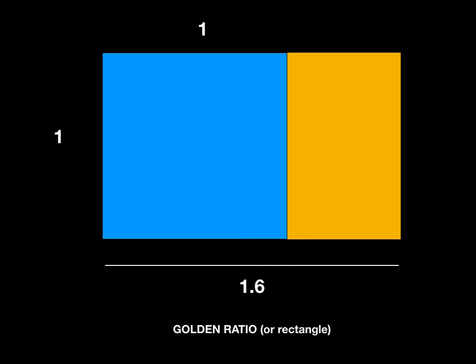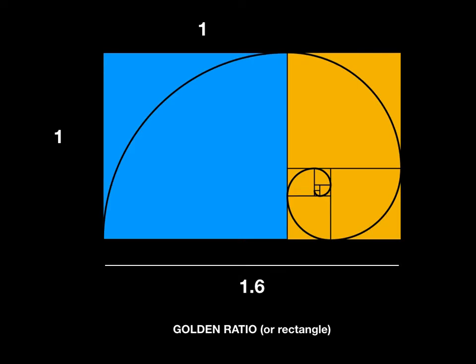If we then take an addition onto that to make a rectangle, where that total length of the two shapes equals 1.6, right? So we have 1 by 1.6. This relationship here is called the golden ratio or golden rectangle. Now, the Fibonacci sequence very nicely fits right into this, right? We can see how the spiral would go into the golden ratio, and each one of these subsequent smaller squares that's being made by the Fibonacci sequence